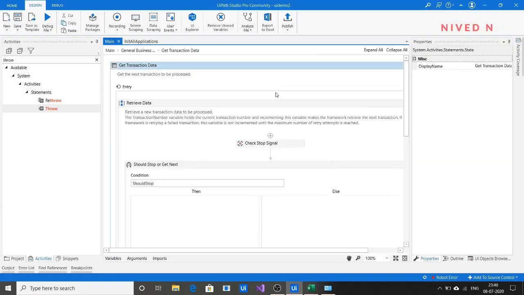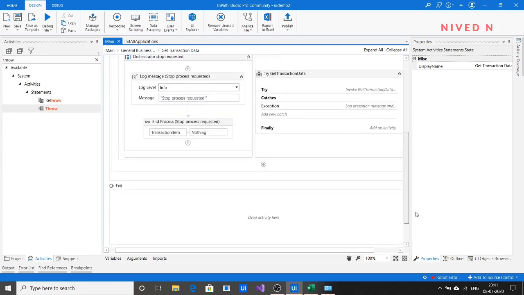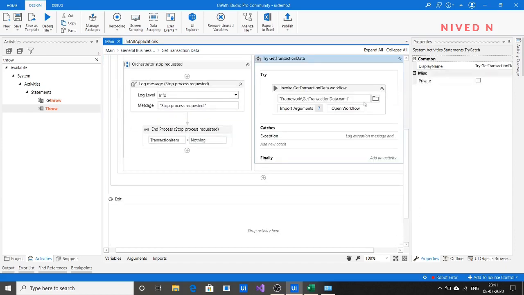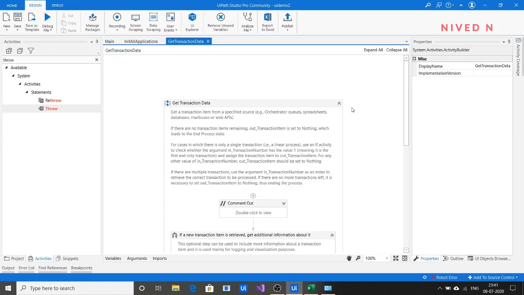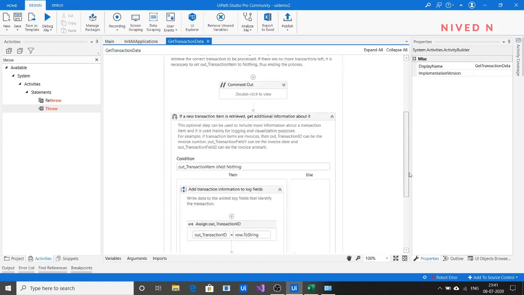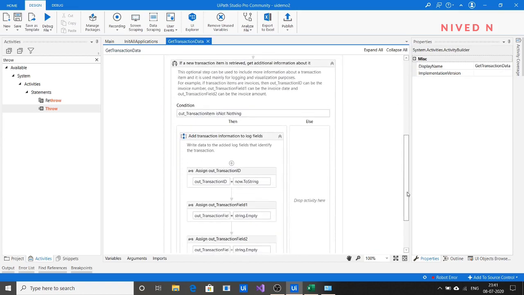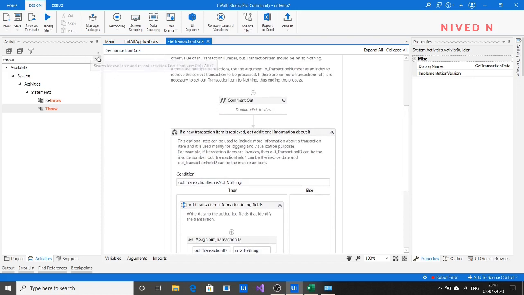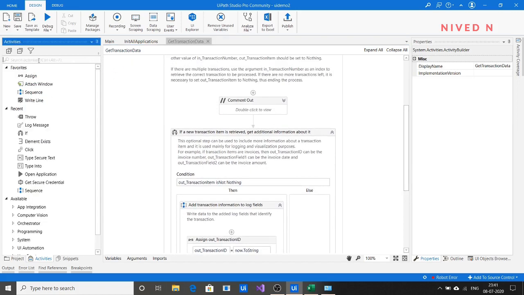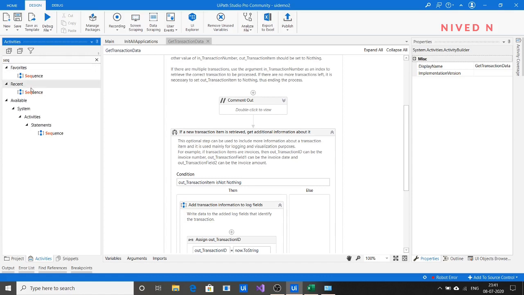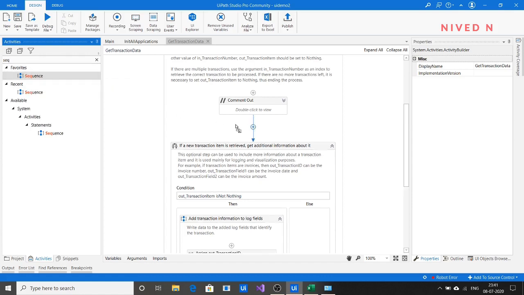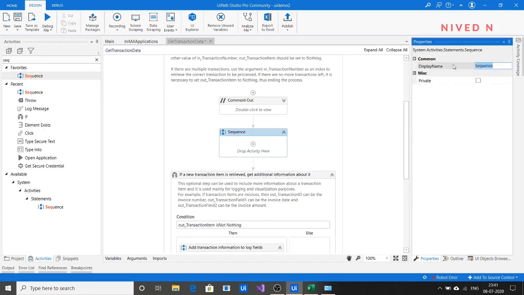Just click here, open the workflow, and provide a sequence here. First, we are reading